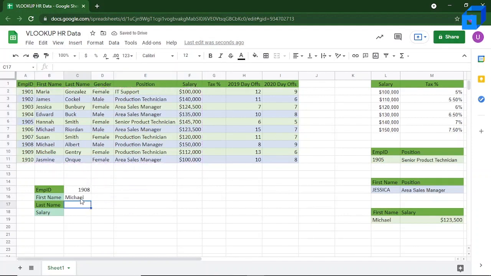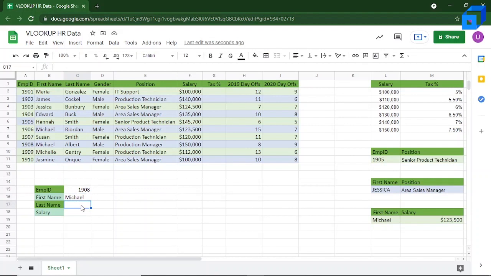Now, using the first name, we can find the last name as well. And keep in mind that it gives you the value of the first occurrence of Michael. So here it will be Riordan. So we don't want that now. So let's take the employee ID as the search value itself.